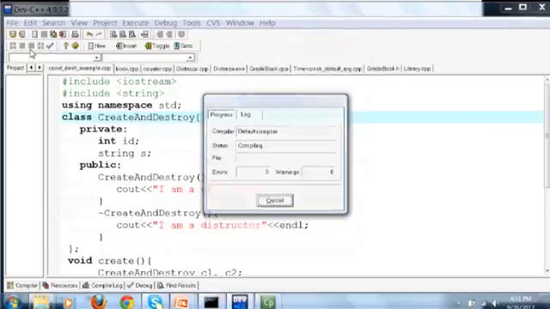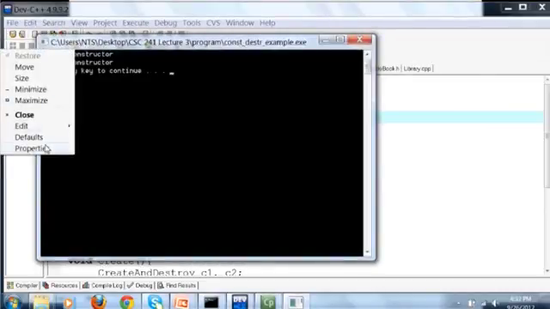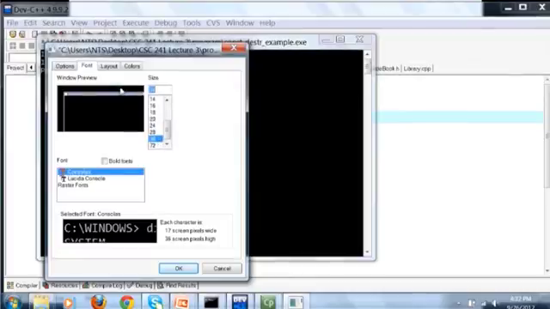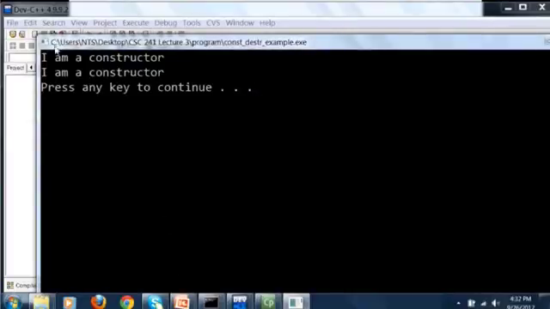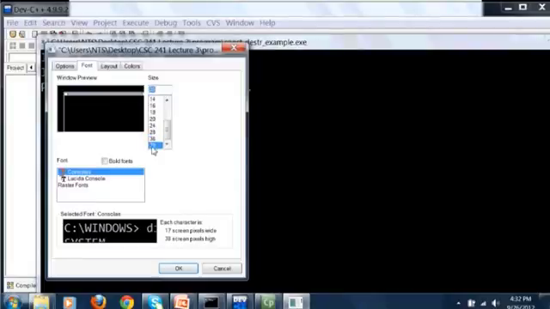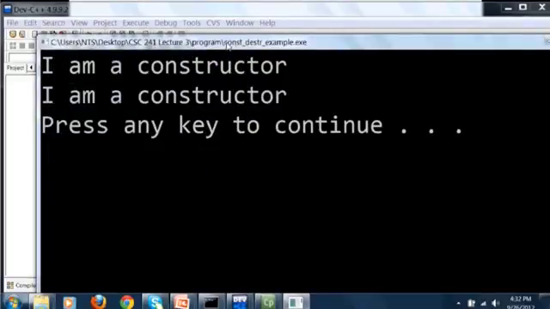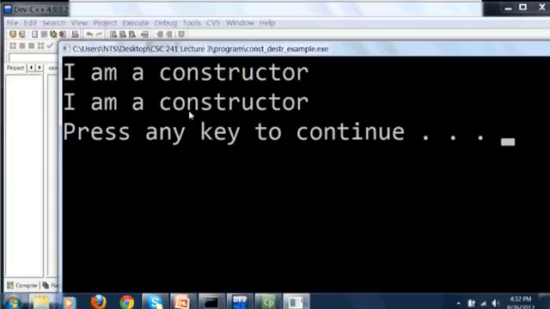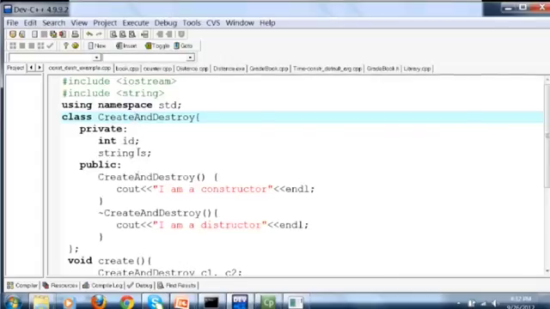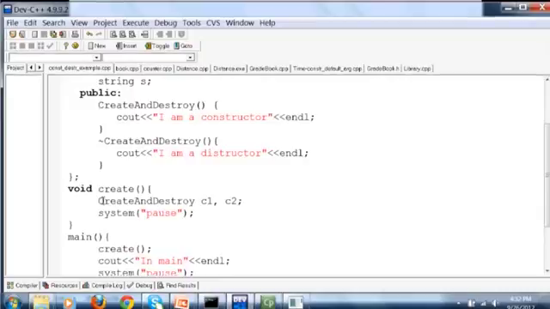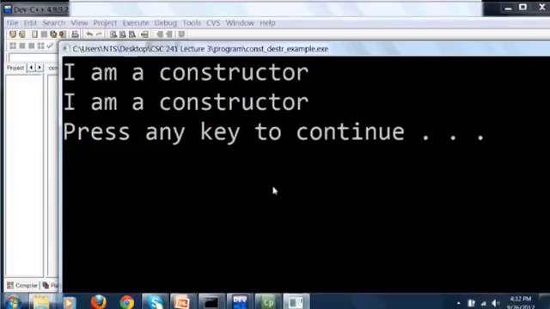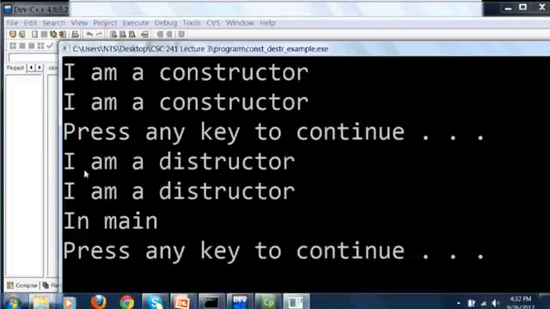Now when I execute this program, it displays the message I am constructor two times because you have created two objects over here. And then there is a system pause, so I have to press any key to continue. So I've pressed the key and it displays the message I am destructor, because when the function exits,